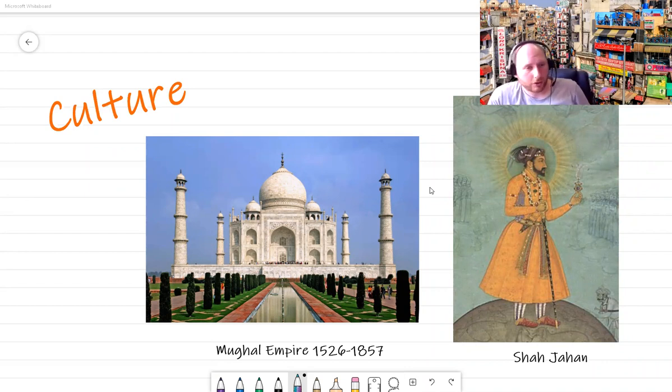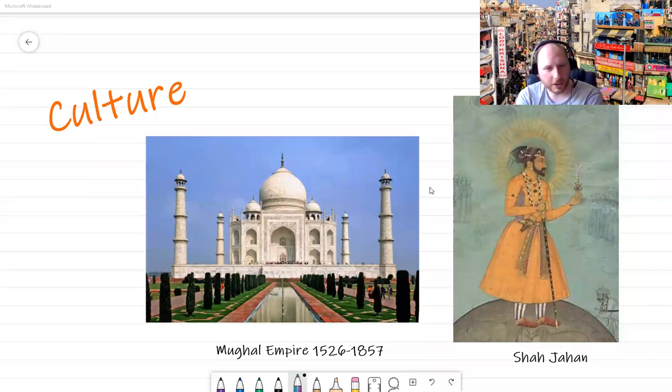So this goes down in history as possibly one of the best buildings ever made. I mean, modern architects still go and marvel at the ways that it was built. The whole thing is covered in white marble, which is incredibly expensive and incredibly difficult to work with. So yeah, quite impressive. Grace says she thought it was a palace. No, it's a tomb. I mean, a very, very pretty tomb. But yes, a tomb it is. Yeah, so his dead wife was placed here after, and he would go there and remember her, I guess.